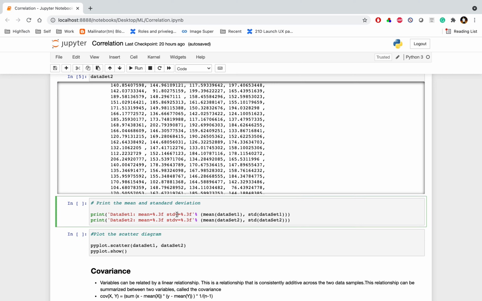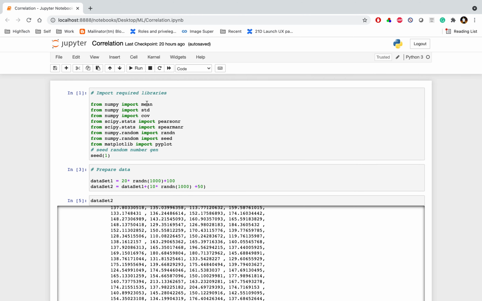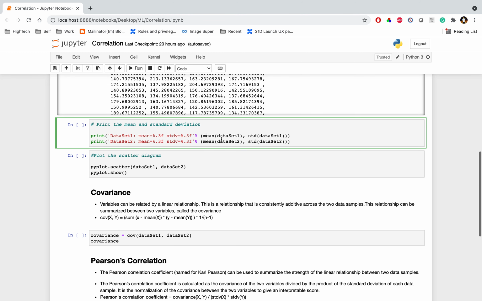For the calculation, we need to call mean, which I imported in the first cell. I'm taking data set 1 because I need to calculate the mean and standard deviation for data set 1. The same operations I have to perform for data set 2, calculating the mean and standard deviation over data set 2.